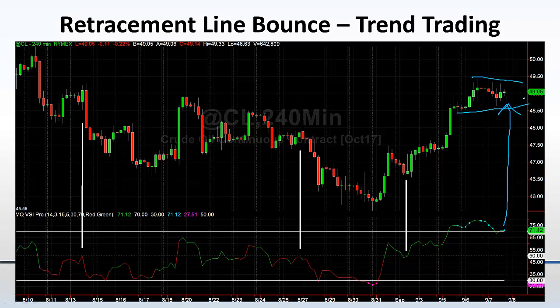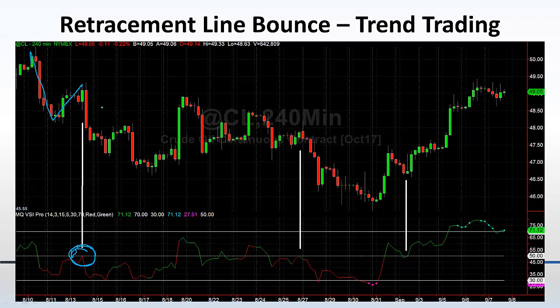Alrighty, and it broke out of the pennant with volume retracement confirmation, and it tanked, which is exactly what we wanted to see happen. If you were in the room, we talked about it as it was happening, and it worked out really well. So first off, let's identify the trend. Trend is down. We're at lower highs, lower lows. Market starts to bounce back up. What do we want to see? We want to see that market retrace back to the zero line, or what we call the retracement line.